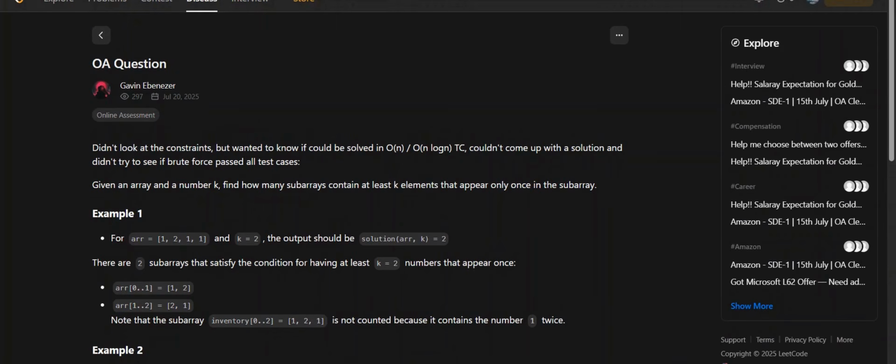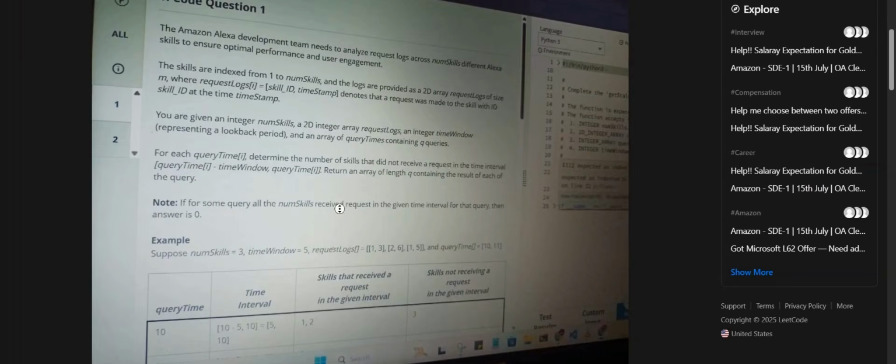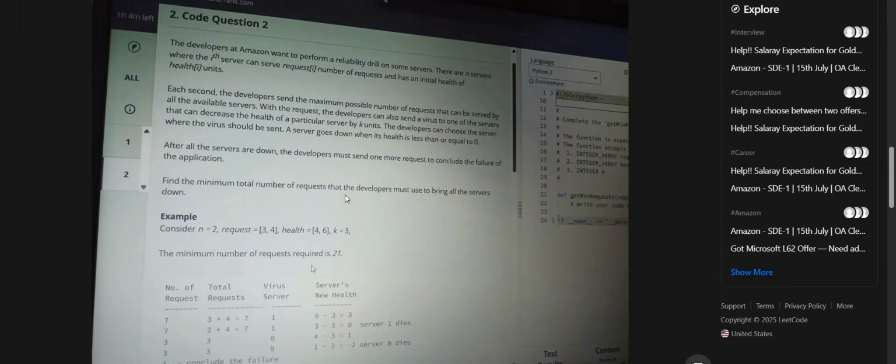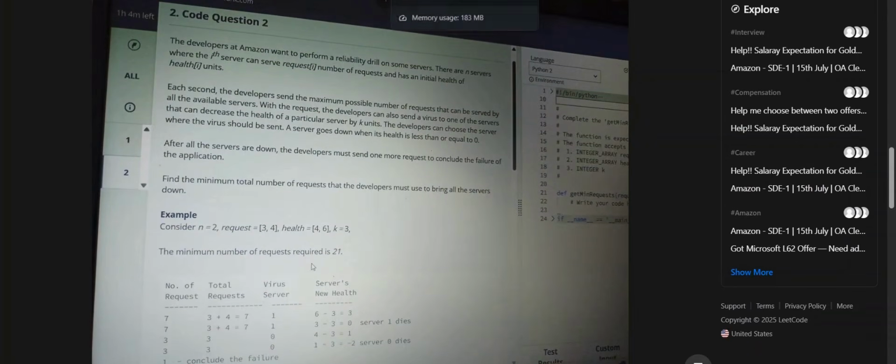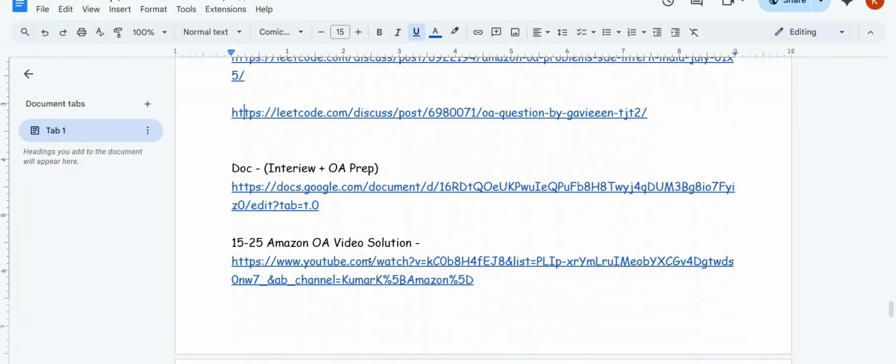Again the subarray stuff, I think we have checked out all the questions now. The subarray one, sequence data problem, request logs problem. This is also a heavy binary search problem. Array hashing always involved. That rejected experience also you guys can study.